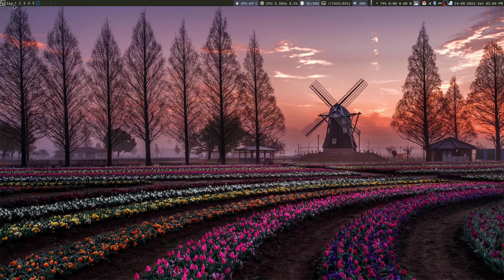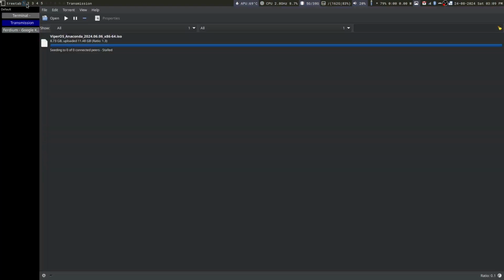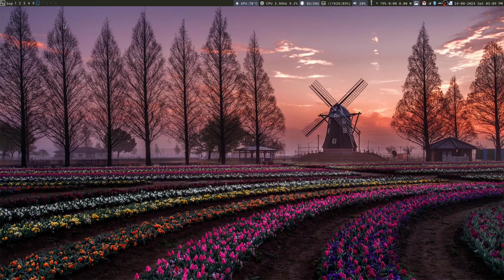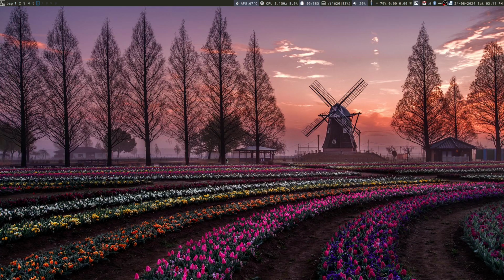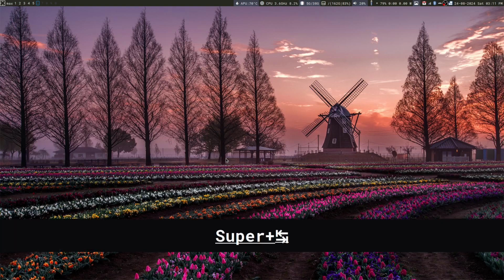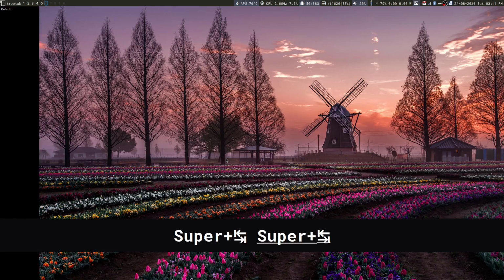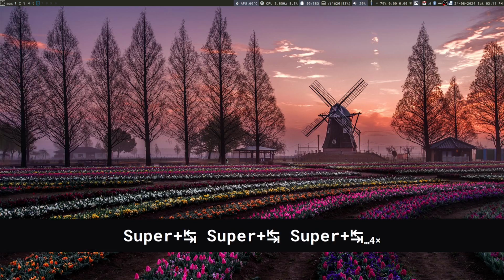Now here we see all the workspaces, so we can either click on them or we can use the keyboard shortcuts to go to that particular workspace. ViperOS is a keyboard-driven operating system, so it is advisable to use the keyboard shortcuts as much as possible. The keyboard shortcut for toggling different layouts for the workspace is mod tab. So if I press mod tab, you see I am switching between Max, Treetab, BSP, etc.